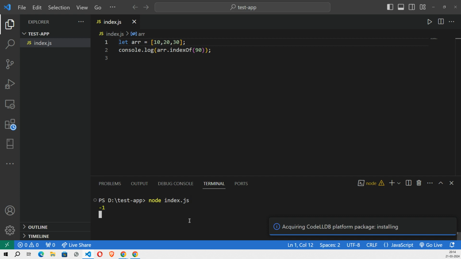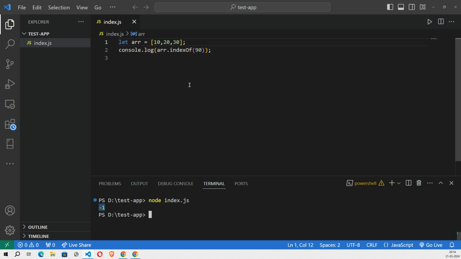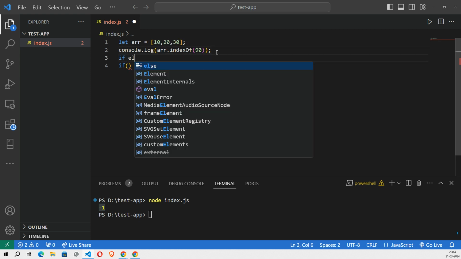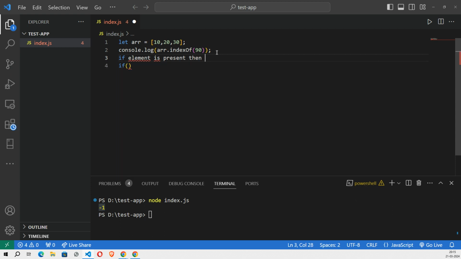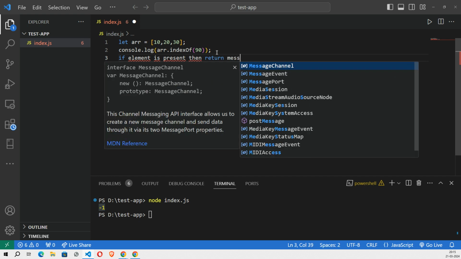Okay, so once I execute node index.js, it will return -1, because 90 is not present inside that array. So how is it helpful? We can pass an if condition. Let's suppose one scenario: if the element is present, then return a message as